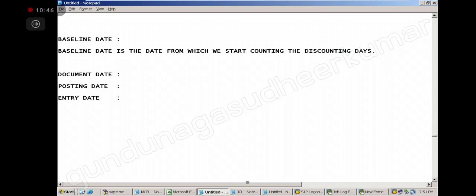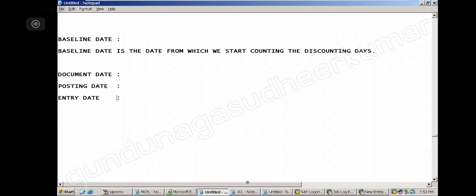What is posting date then? Posting date means on which date we are paying. No, it's not about payment, right? Same document you will have. Invoice also you will have document date, posting date and entry date. I'm not at all talking about payment. Normal invoice document, you will have 3 dates: document date, posting date and entry date. What is the difference between them? Means on the day which we enter the reports.